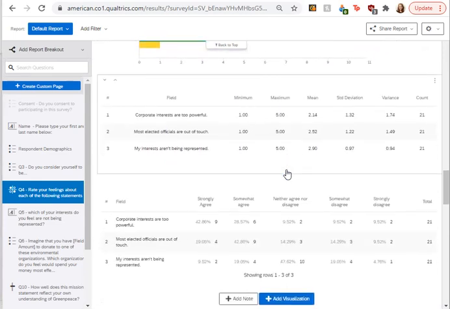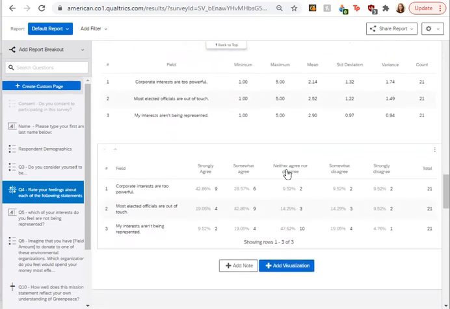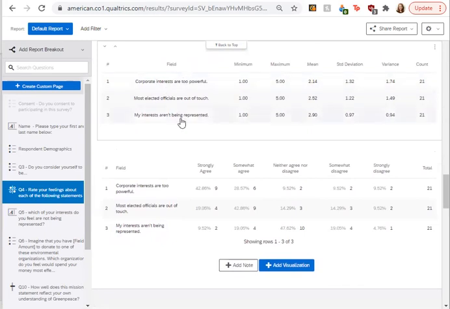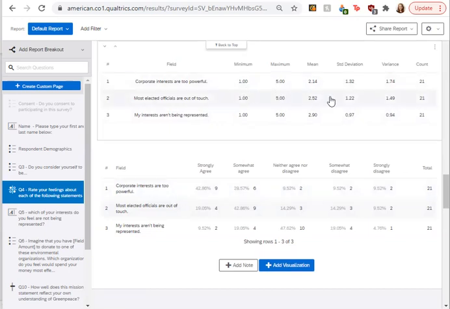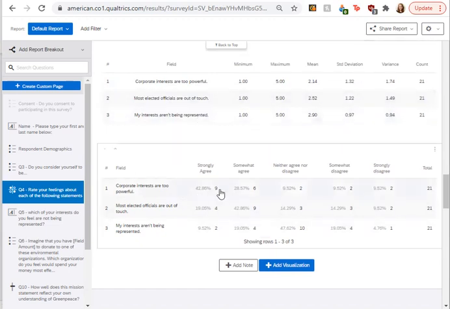And you can also see, if you scroll down a little bit, that there's a few statistics tables that show the minimum, maximum, mean, standard deviation, variance, and the response count for the question.